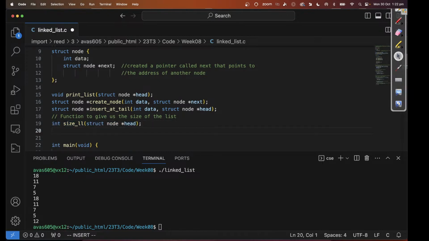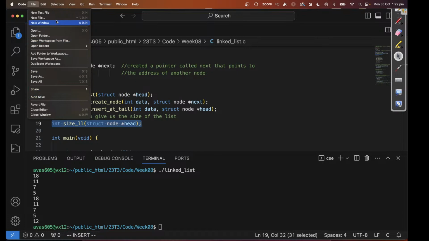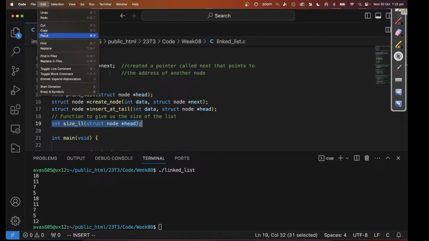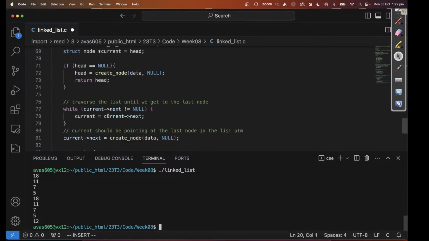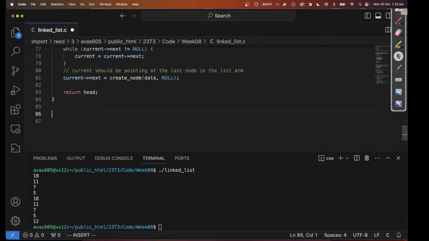So now let's go and actually write this function. Let's go to the end, and let's go here. Okay, so I've got a function, and that function is going to return